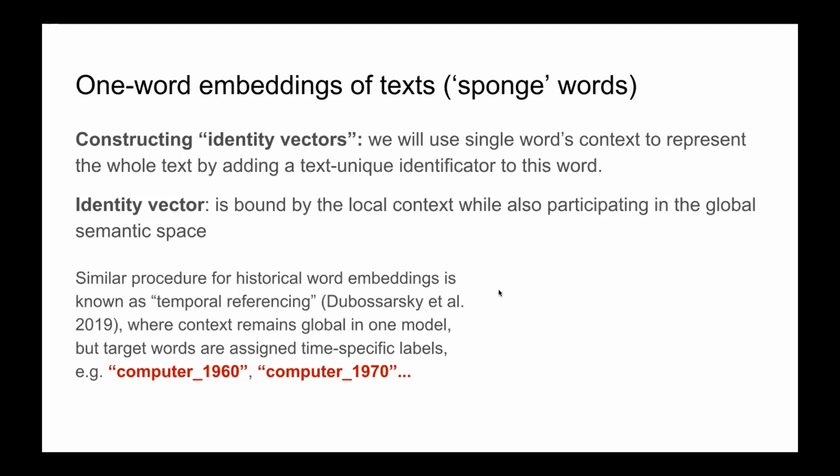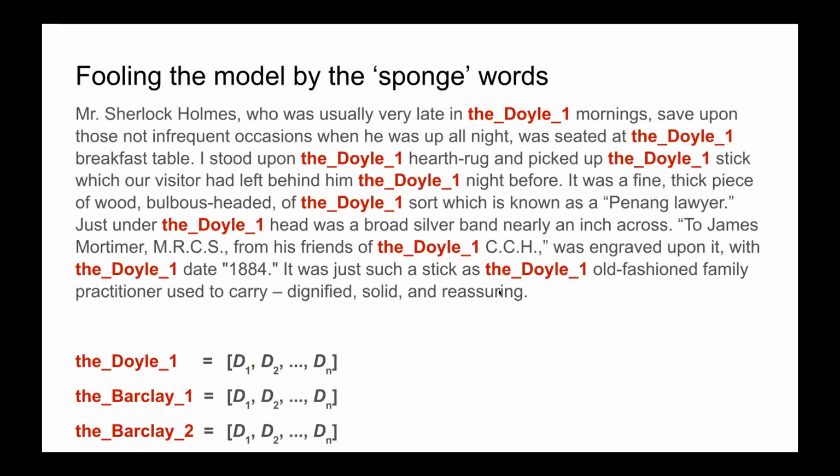I know I'm not clear enough, but here's an example. So what we do, in this first text in the corpus, we replace every single "the" by something else, "the Doyle one", right? That's an ID. It doesn't need to be "the Doyle one", but for the sake of convenience, we use a very meaningful replacement, right? So we replace these "the"s with something else, and we do the same for, say, "the" in Berkeley, "the" in Austin, "the" in Dickens, you name it, right?